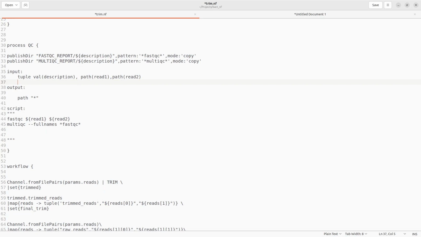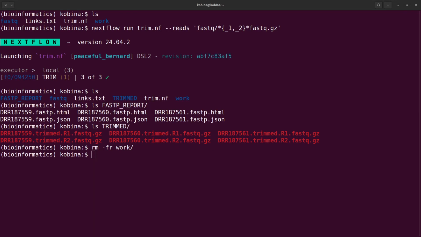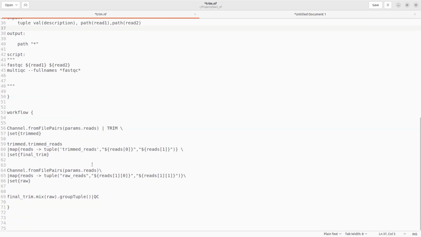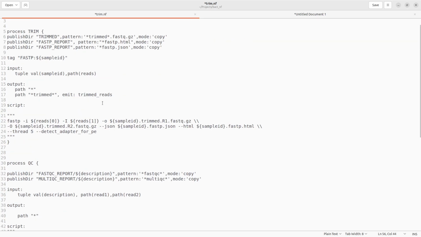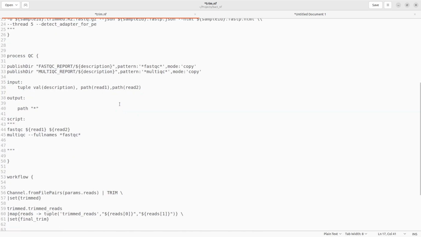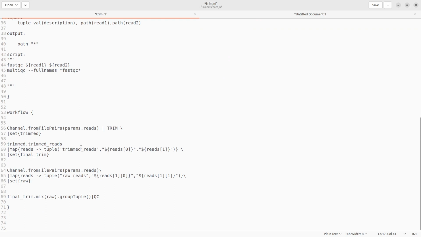Okay, it's getting interesting here. So let's look at what we will do next. Now, if you take a look at this, let's just look at this script again. Here, what we did was to run trim. Now, when we run trim, we still need to have access to the trim reads. That's why we have to use emit. So that means we need to find a way to do that. So we will use the .set